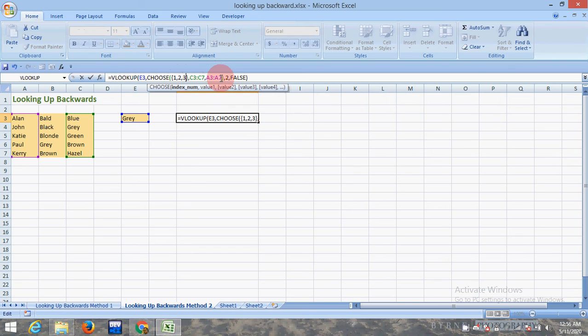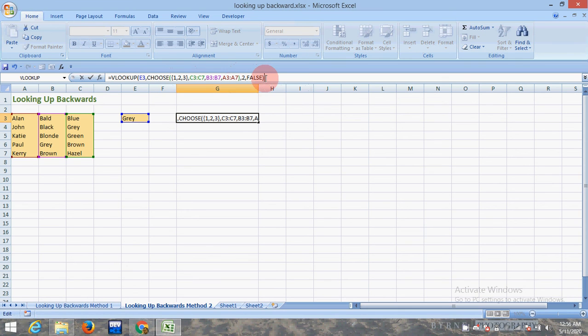We simply add it in here: index 1 is for C3 to C7, index 2 is for B3 to B7, and index 3 is A3 to A7.